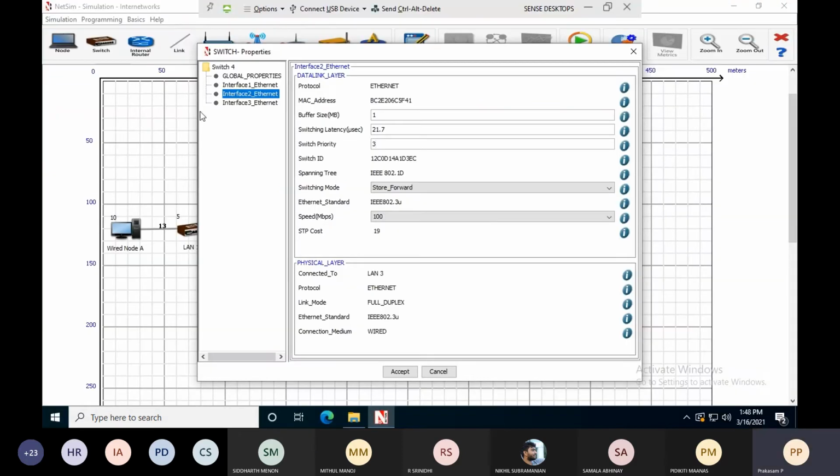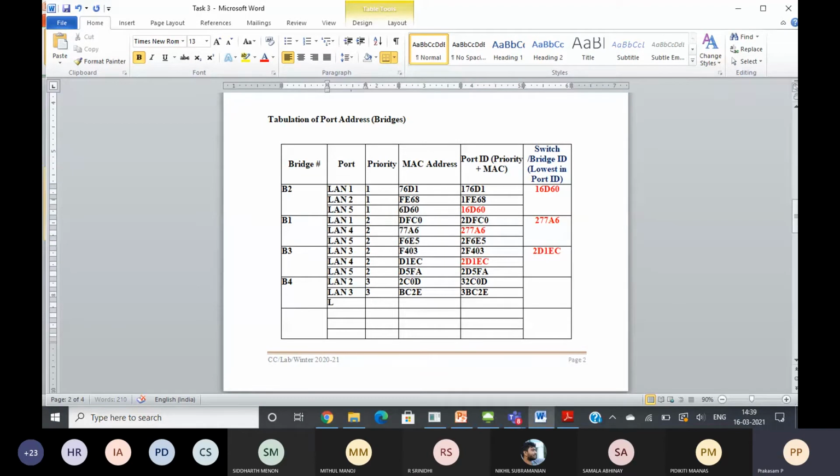Similarly for the next interface Ethernet, change the priority to 3, which is connected to LAN 5. See here, connected to LAN 5, 336BF.